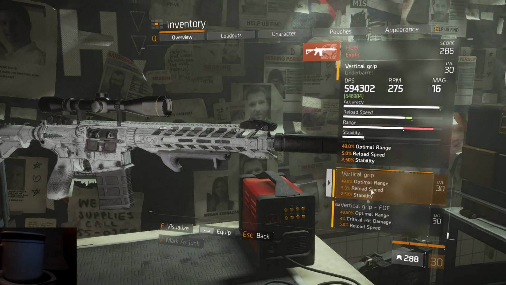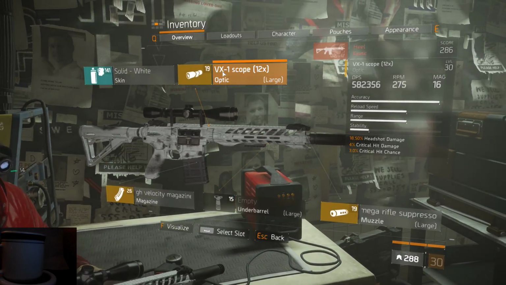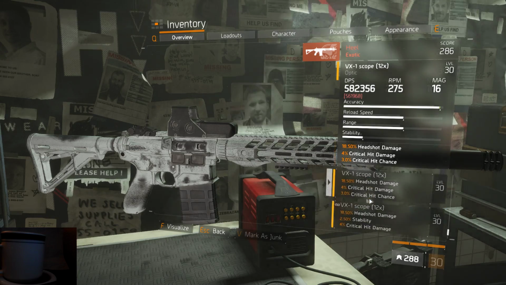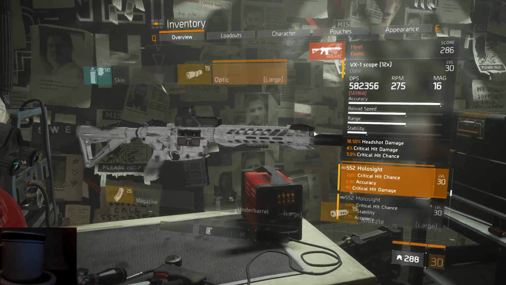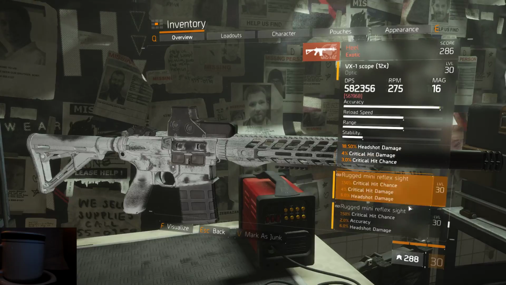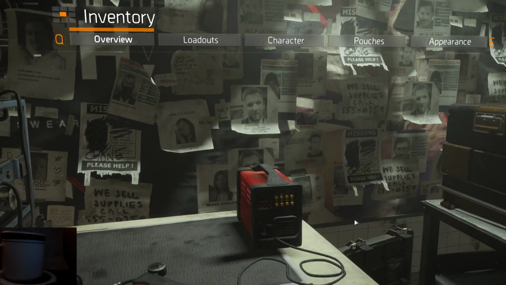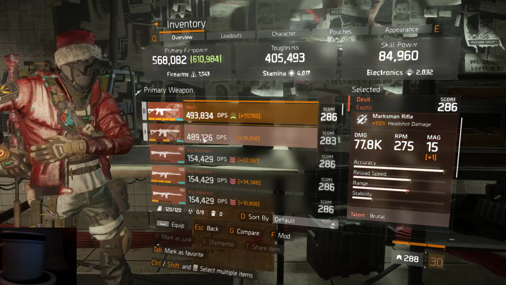So we'll take this guy off of him. And we'll take this guy too. Oops. Again, this is also a headshot build. Oh, I gotta put the grip on first, because I don't have...